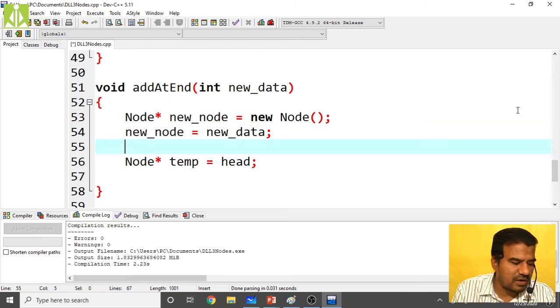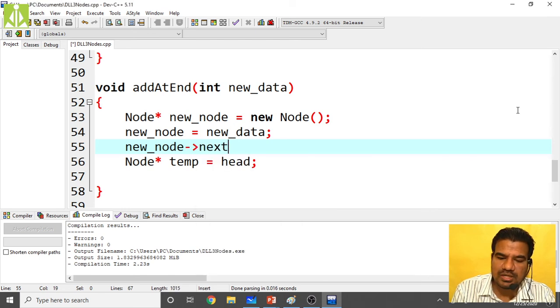After that, because this new node is going to be the last node, make the new node's next pointer null, because if it is the last node, the next pointer should be null, isn't it?